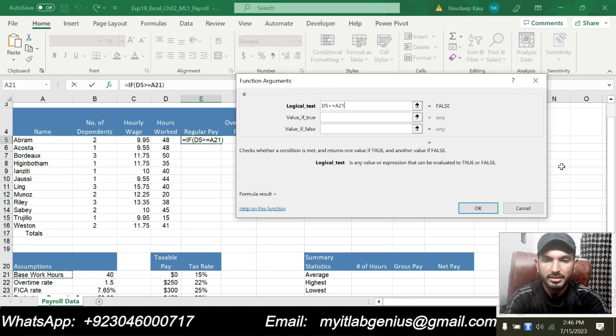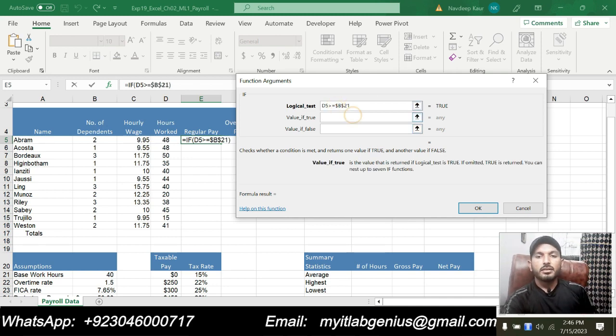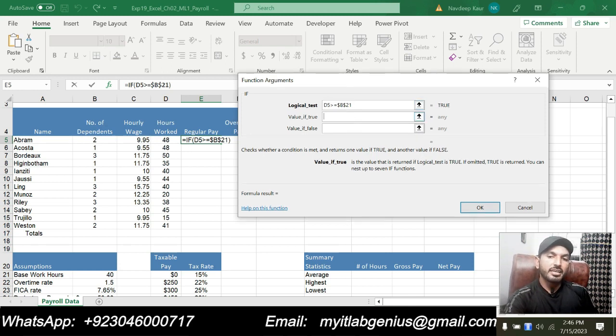We will make it an absolute cell reference, typing a $ sign before B and 21. So this is our first condition. If D5 is greater than or equal to B21, then our regular pay will be